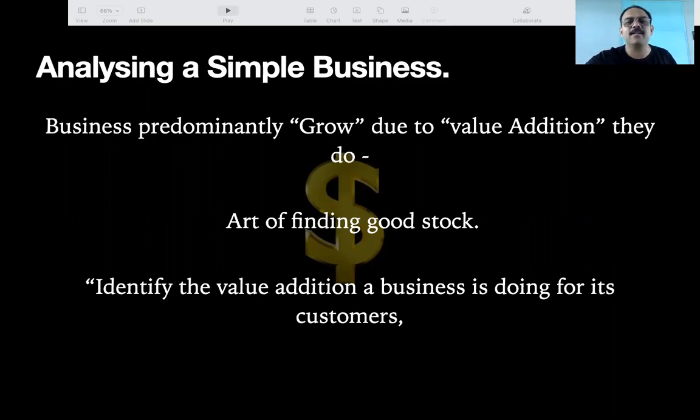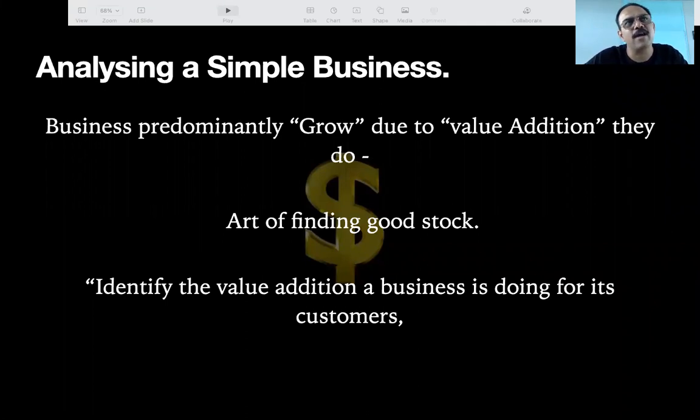If that company is not creating value for its customer, customers are not happy, they will not give future orders, and the company will not grow. So if you are buying a share of a company, rule number one, you have to understand that. Like I was discussing with one of the participants yesterday, don't think, no no, I am from the fashion industry, I only understand the apparel business. Okay, invest in what you understand.